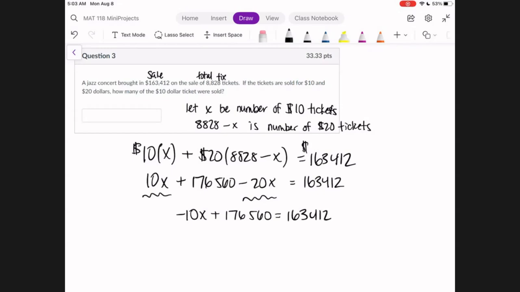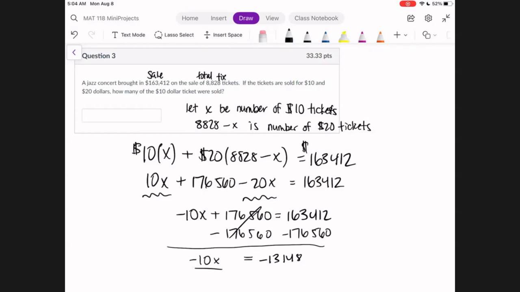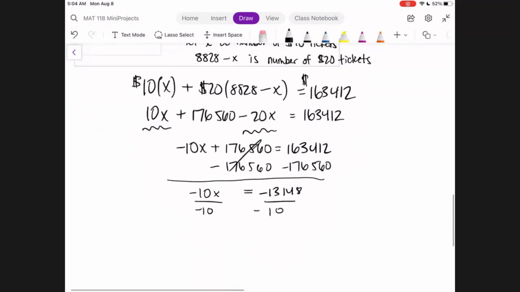We're going to subtract over the large number here. I get negative 10x equals negative 13,148, and then divide by the negative 10. So this gives me that x would equal